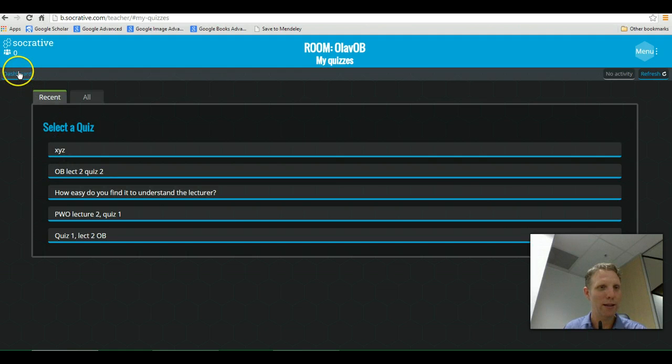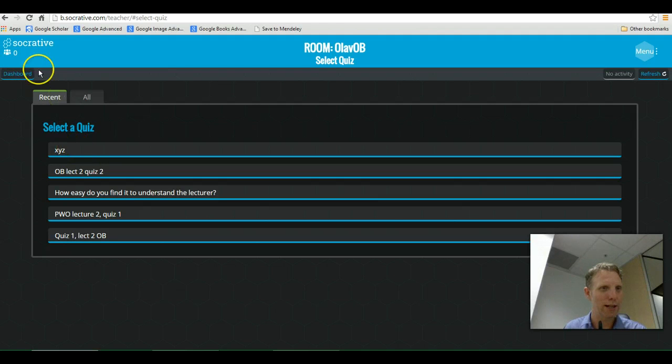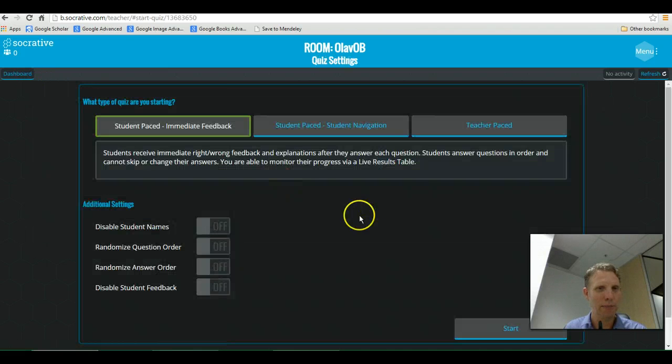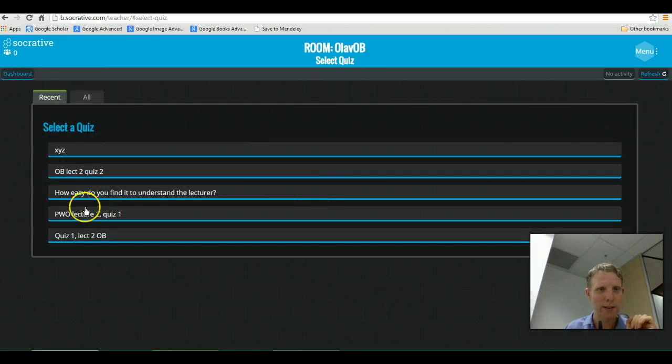So if we go back to the dashboard, we can start a quiz, and we can just run it like that. Student paced basically means the students get to go through them as quickly as they like. Teacher paced means the teacher gets to initiate them. And student-paced immediate feedback enables you to have the correct answers come back to them. But let's go back to the dashboard again, start a quiz with the